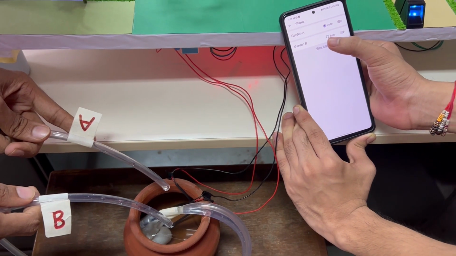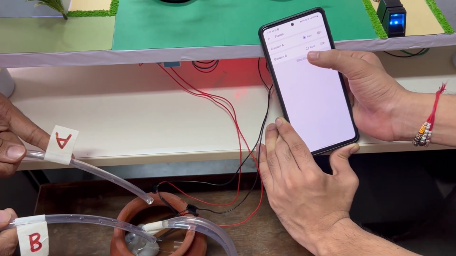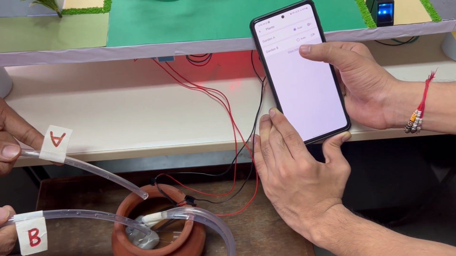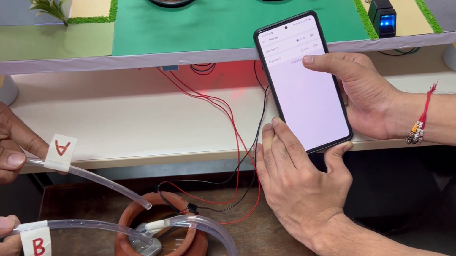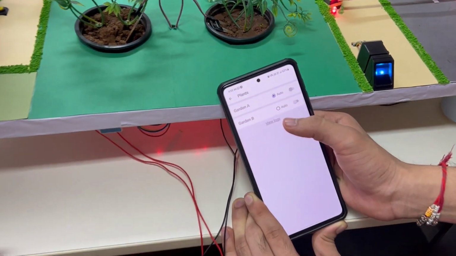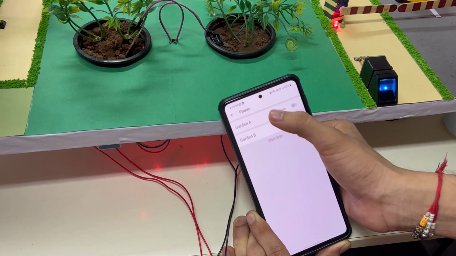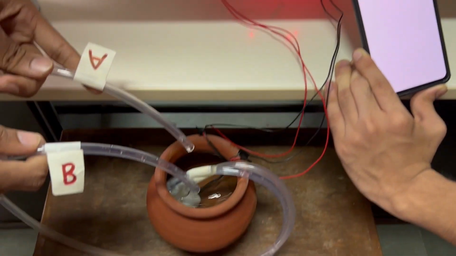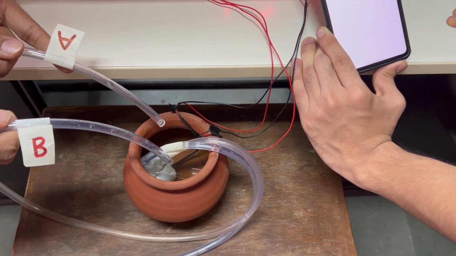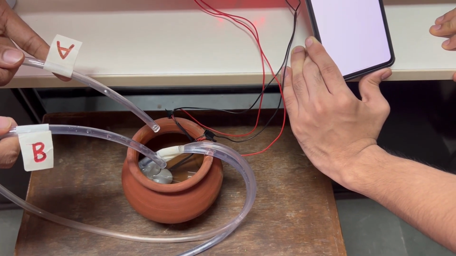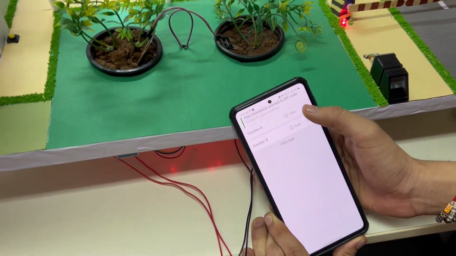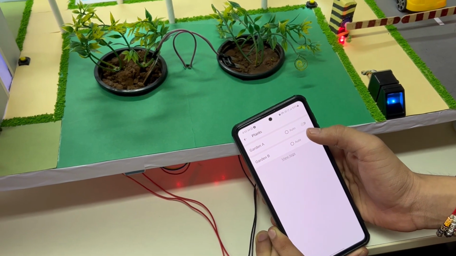The water pumping will go on for a while and the sensor will again detect if the water is sufficient or not. If not, then it will pump for some more time. Else it will go into a long cool down period. So now we'll switch Garden B to auto mode. You can see the water pump for Garden B is off because the sensor has detected an adequate amount of water. Similar to the lights module, we have the manual options for motors.